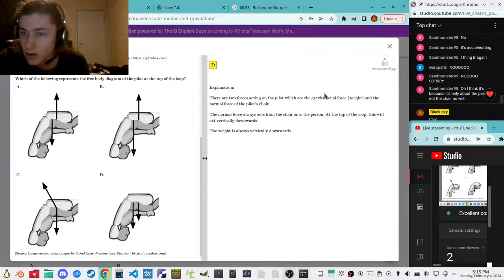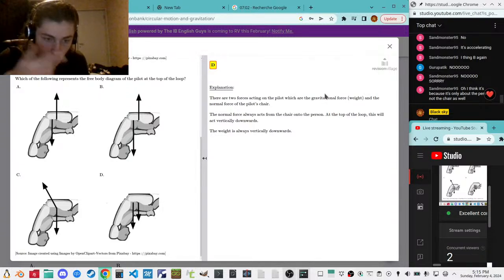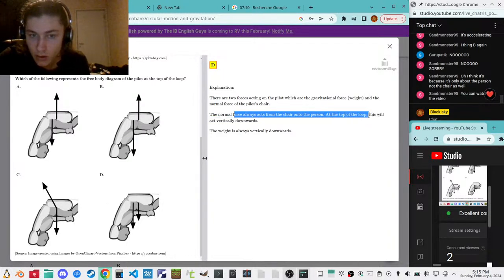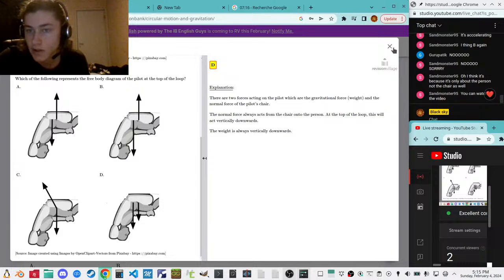Not the chair as well. Yeah, but for there to be a normal force, there needs to be a force pushing against it, because that's what normal forces are. From the chair onto the person. This will act vertically downwards. And the weight is there, but